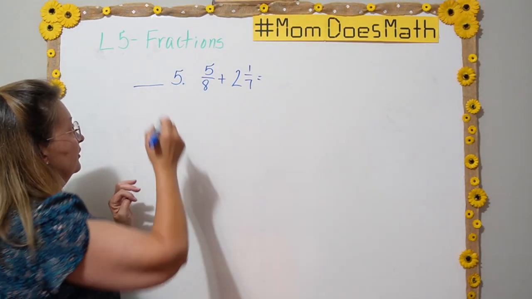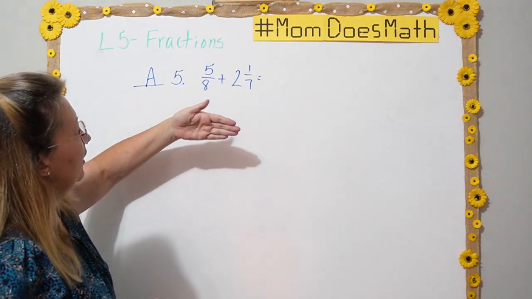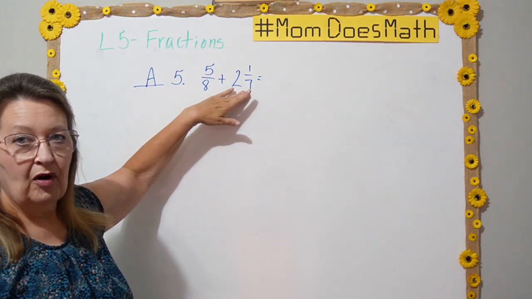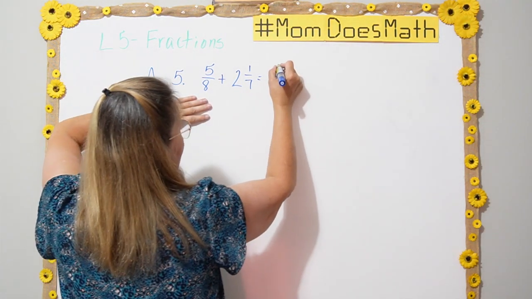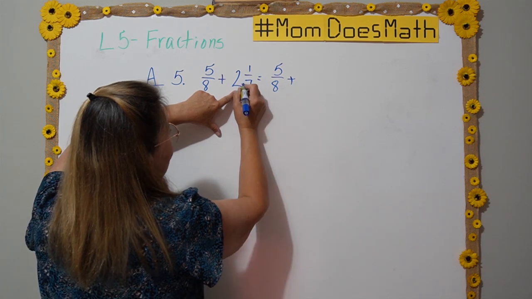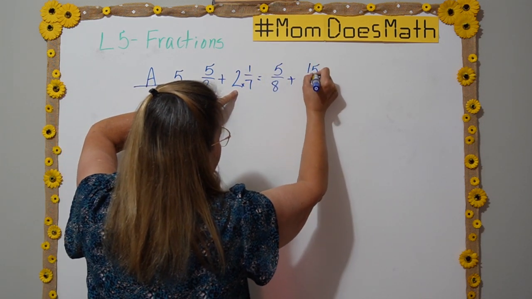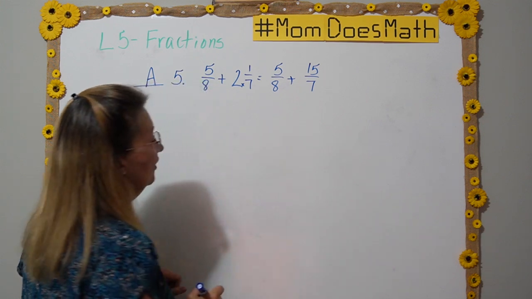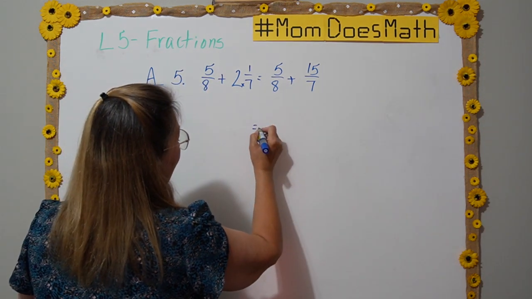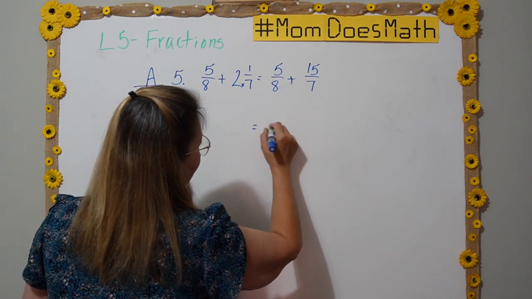Okay, for number 5, we do have addition. So what I'm going to do first is I am going to convert this to an improper fraction. So my first step, I'm not going to change 5/8, but I'm going to multiply. 7 times 2 is 14. Plus 1 is 15 sevenths. All right. Now, since I'm adding, I do need common denominators. Let's just multiply 7 times 8 and get 56